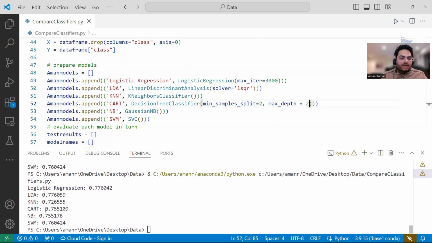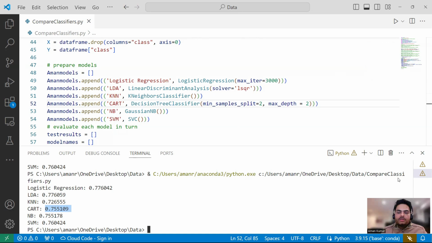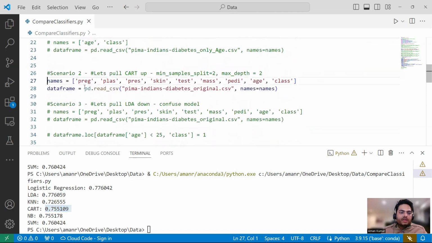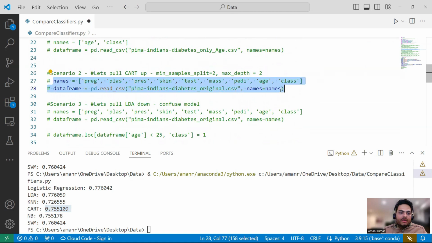Yes, as you can see here, CART has improved by 5%. So 5% is a huge number on this small data. So remember guys, this has improved by 5% and it's good. It's good performance. Okay. So that is good. Now, if you see here, this is my scenario 2. Let me go ahead and try to show you what is my scenario 3. So why has this happened? Because I have controlled the overfitting in scenario 2.